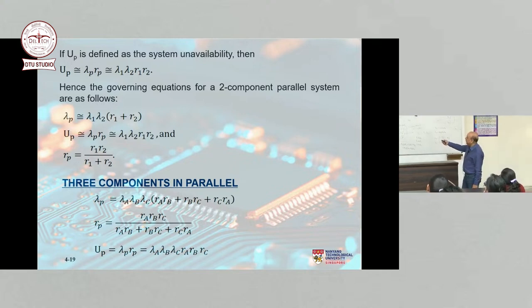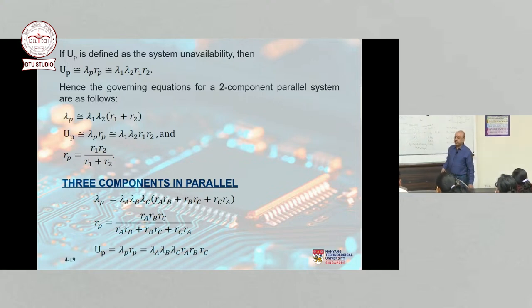The equivalent failure rate is lambda 1, lambda 2 times r1 plus r2. The equivalent repair time is r1, r2 over r1 plus r2. And unavailability is lambda times r, as we said for the series system. Assuming that the frequency is the same as the failure rate, then it will be lambda 1, lambda 2 times r1, r2, because this will get cancelled, right? R1 plus r2 will get cancelled. So these are the basic equations of components in parallel,